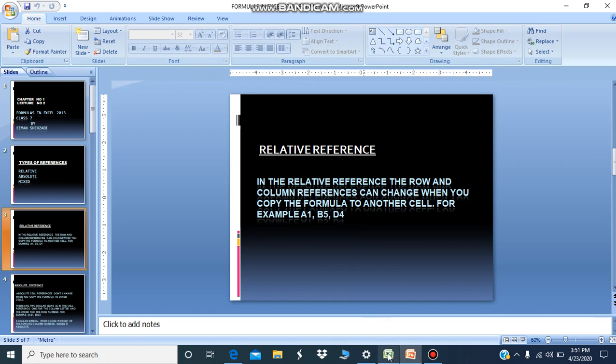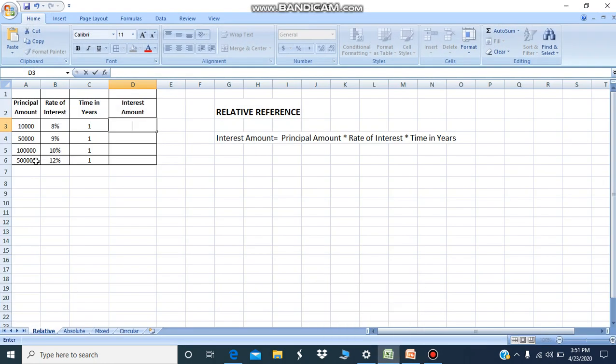Let's see it in a worksheet. You can see principal amount, rate of interest, and time in years is given. You have to find the interest amount by applying this formula. Okay, let's start. Enter an equal sign, cell address of first value, multiplication operator, cell address of rate of interest into cell address of time in years.